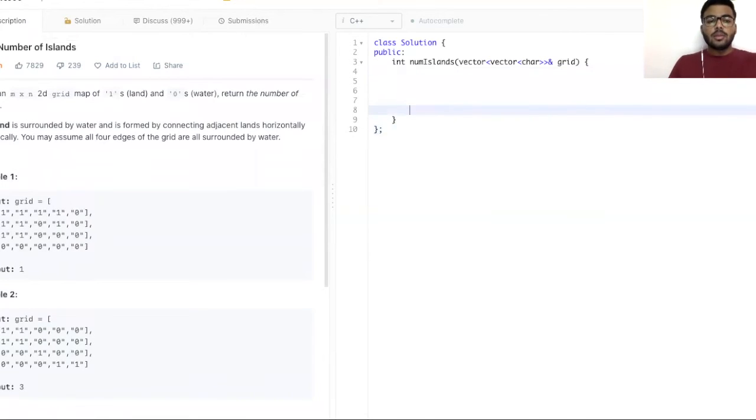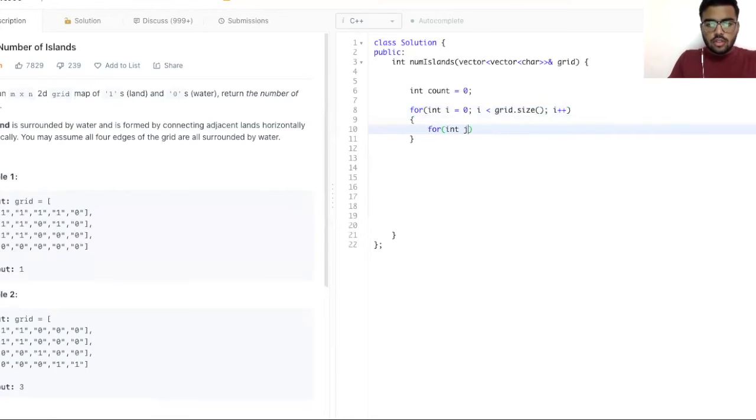So let's solve it. We'll be using DFS for this, and it's quite simple. We'll create a count variable which will be counting the number of islands. Then we loop for int i equal to 0, i less than grid.size(), i plus plus, and for int j equal to 0, j less than grid[0].size(), j plus plus.